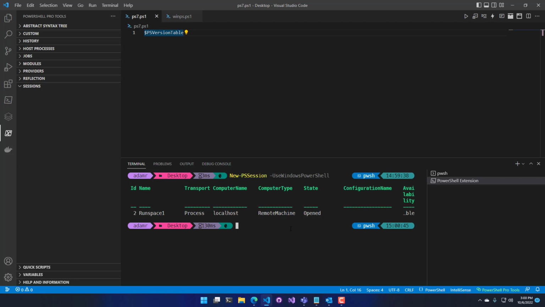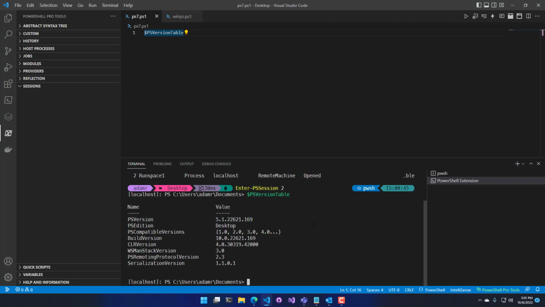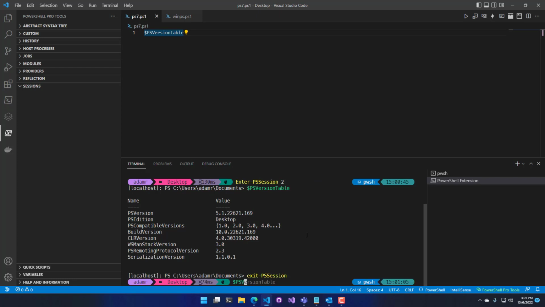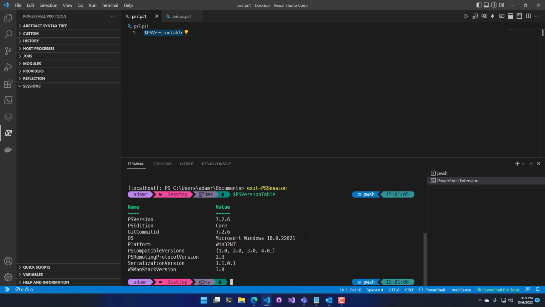machine. So now I could use something like Enter-PSSession 2 to enter that session, and now you can see I'm running PowerShell version 5.1. If I were to use Exit-PSSession, I'll leave that and I'm back in my standard PowerShell 7 PowerShell extension terminal here. On the left hand side, inside the PowerShell Pro Tools activity pane, you'll see that we have